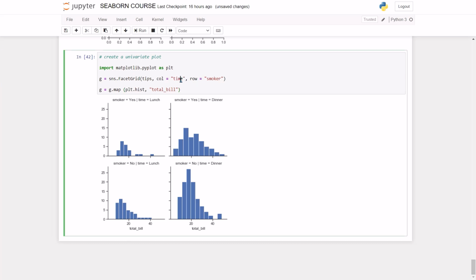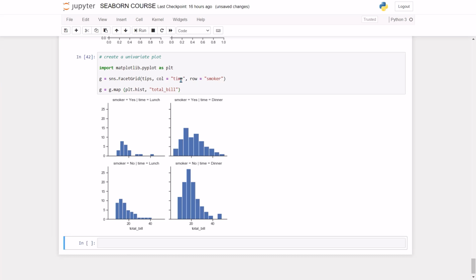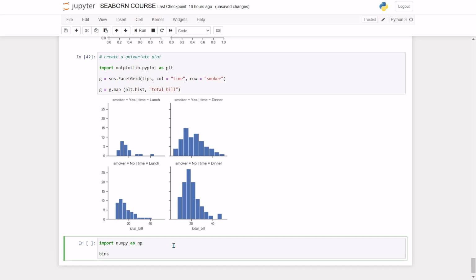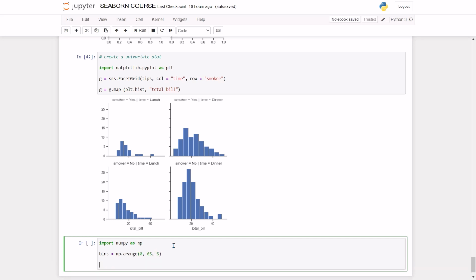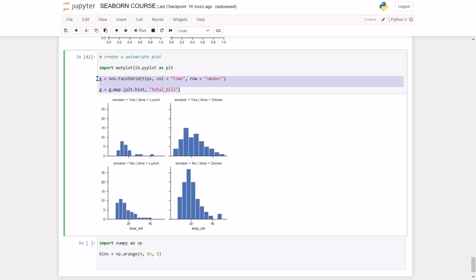Now we can also pass additional keyword arguments to the mapped function. So let me use numpy for this, and let's create some bins. So we say np.arange, let's say 0, 65 and 5. All right, so we can copy these 2 lines,